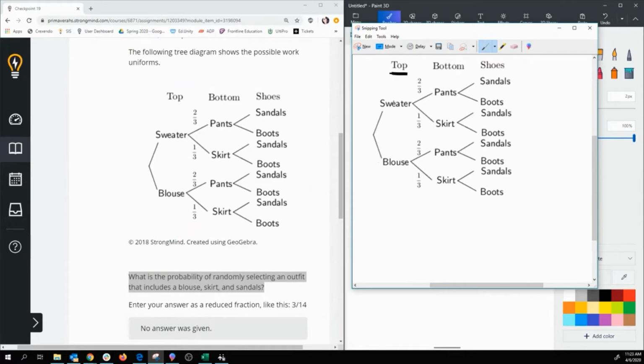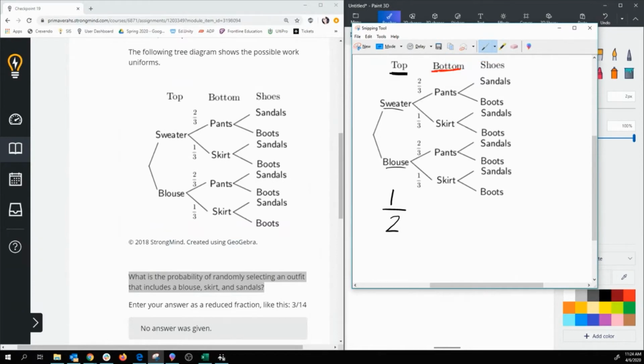So if she has 2 options and only one of them is a blouse, what is the probability of her picking a blouse, right? Only looking at the section dealing with tops. Right, she has 2 total options, and how many of them are a blouse? 1, right? So she has a 1/2 chance of picking a blouse, okay? Because she can either pick a sweater or blouse. Only one of them is a blouse. Next, let's look at